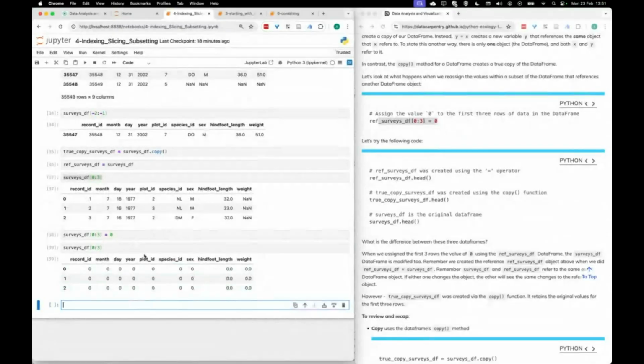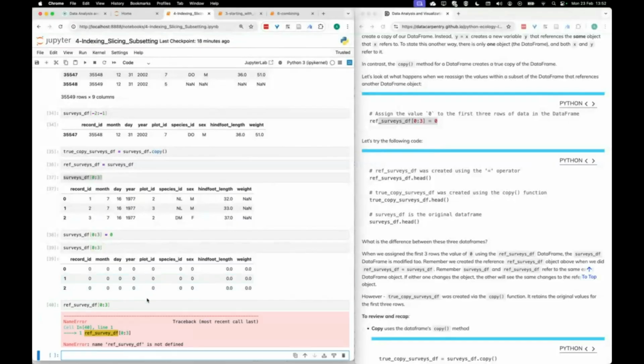So we've literally just nulled all these values in every single column, so that assignment 0 through 3 equal to 0 is shorthand for setting all the values everywhere in those 3 rows to 0. So we've changed the original sets of values stored in memory that correspond to that surveys data frame. Now, if we look at the so-called copy, the false copy, the ref surveys data frame, and we look at the same rows,